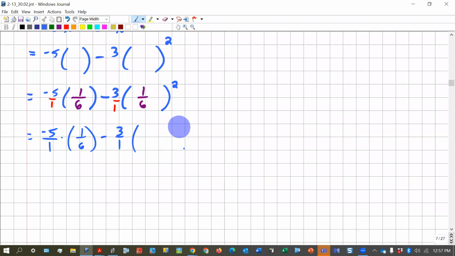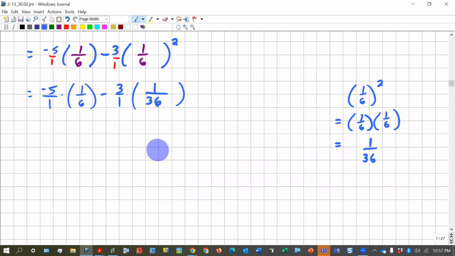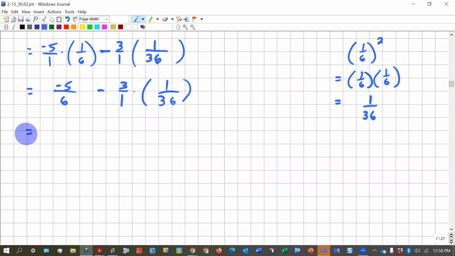We have to do the exponent first. The second power of 1/6 means 1/6 times 1/6. That's 1/36. Then the first multiplication, -5 times positive 1/6. Then the second multiplication,